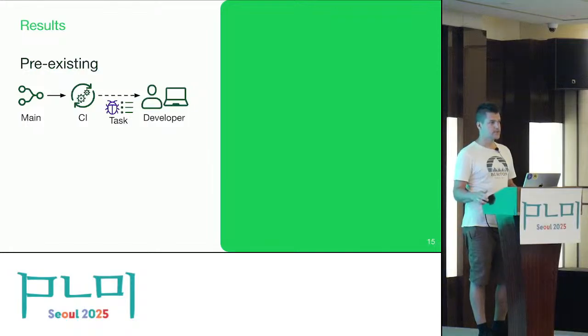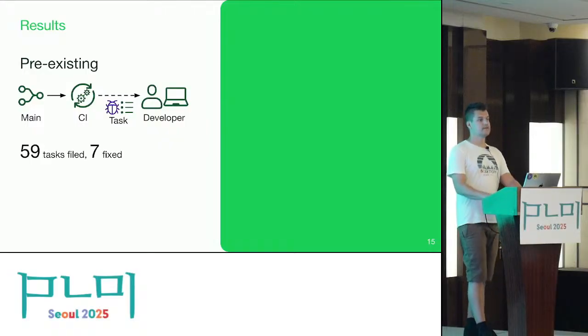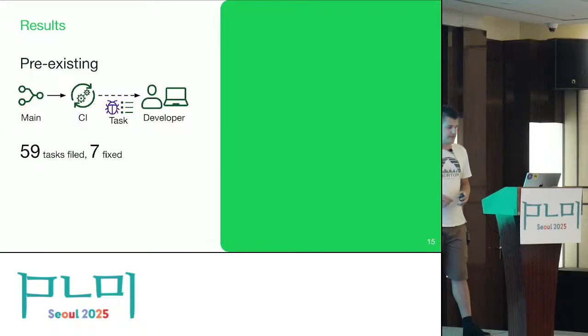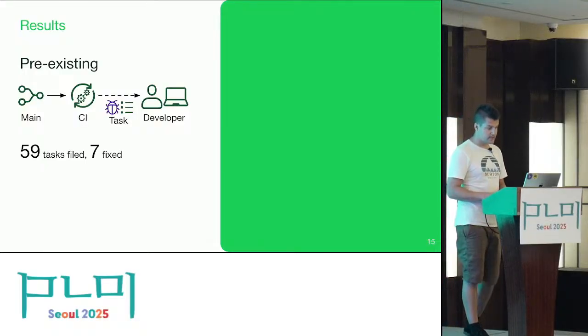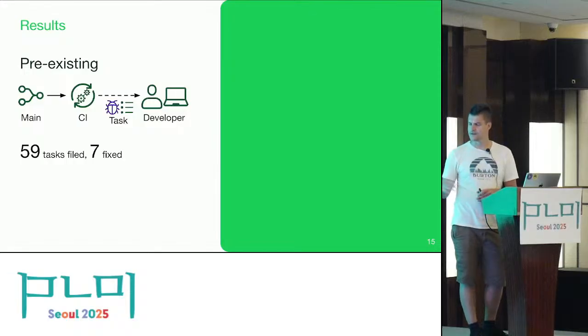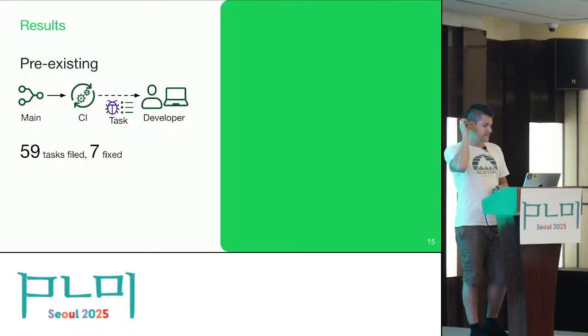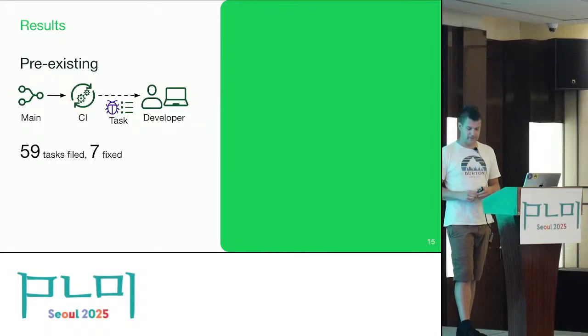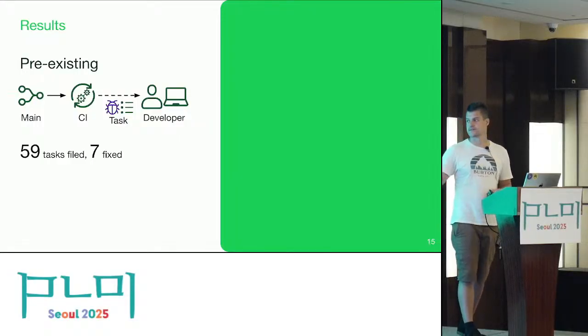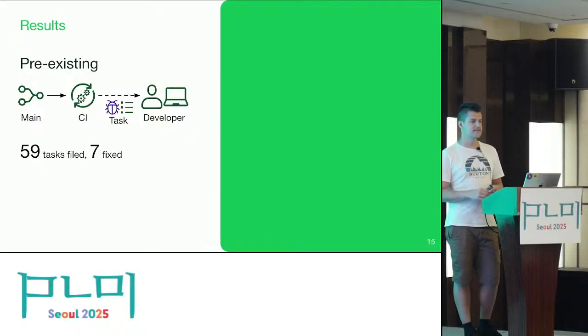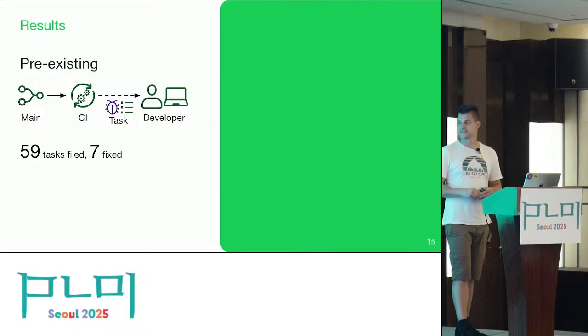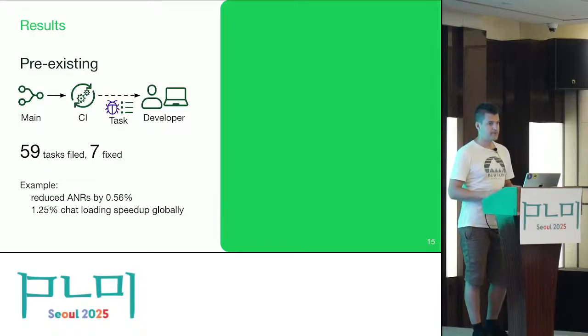And so to give some results, in terms of the pre-existing issues, we filed around 60 tasks in a semi-automated way. So far, in the first 3 months, up until the paper was written, 7 have been fixed, which is not a huge number. In general, this was sometime in the beginning of the year, so that's not really the season where people fix pre-existing problems. However, some of them we could relate to actual production data, and there was one particular example which